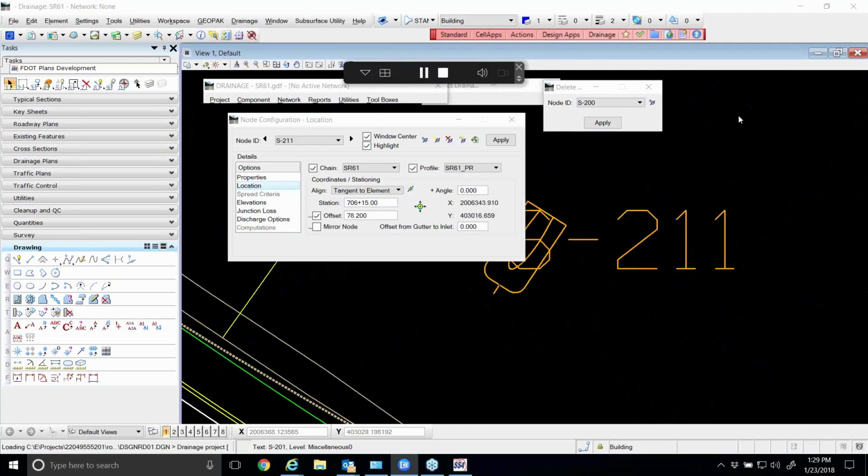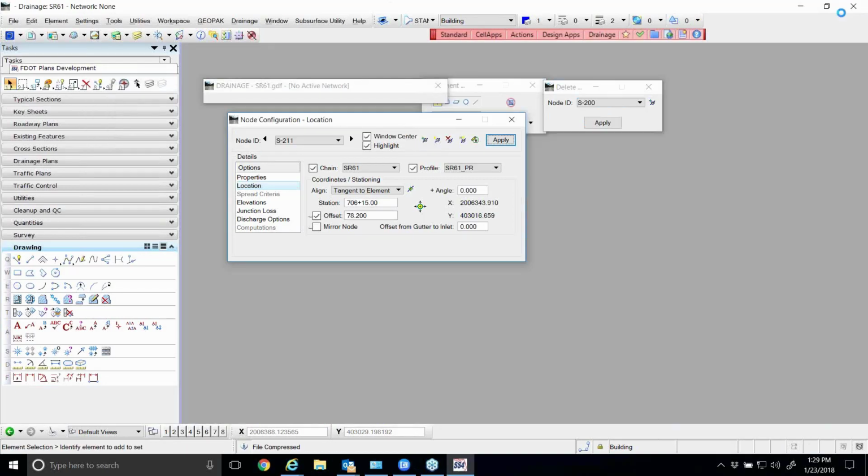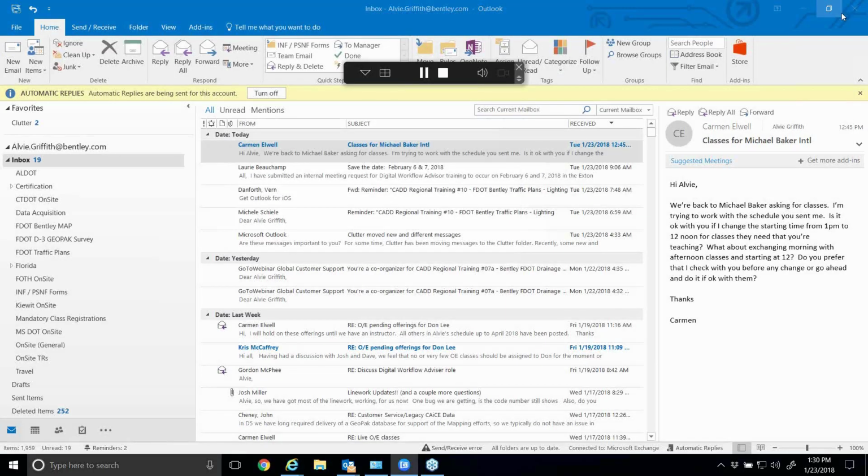All right, so we'll go ahead and take a look at Chapter 5 now. Chapter 5 is the conveyance system. That is all the pieces that are carrying the water between the inlets, junction boxes, and eventually out to an outlet. I'm going to go ahead and close out of SS4. And as we talked about before,